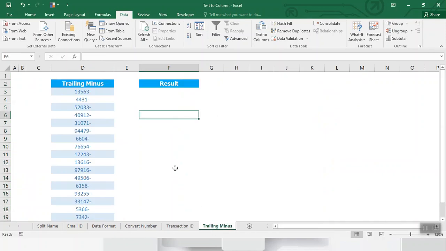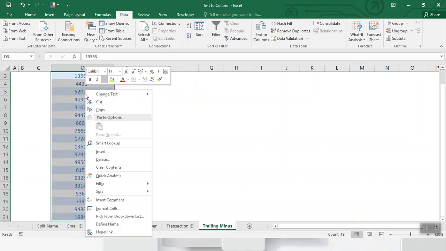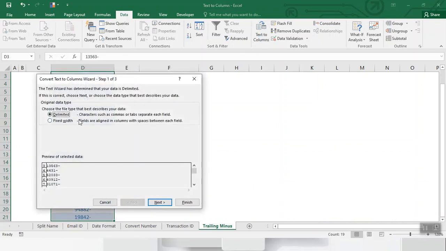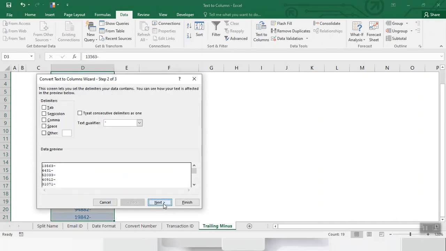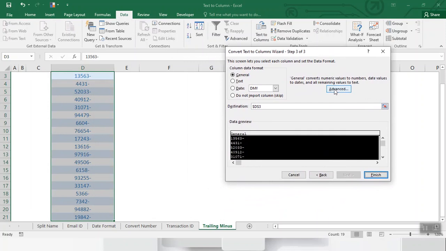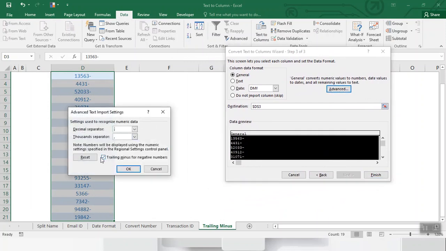Sometimes you may find yourself fixing a number with a trailing minus sign and making the number negative. How can we fix this? Select the dataset, right click, go to text to column, next, go to advanced settings and check.